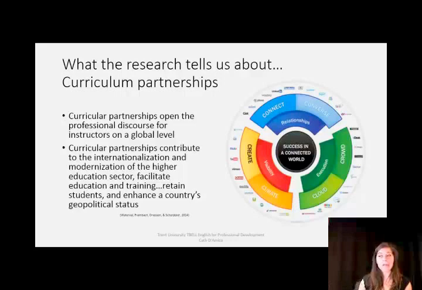Students are happy when they feel like they have opportunities and they have a variety of options in terms of how they learn. So it helps to retain students, it helps to enhance your university, it helps to enhance the geopolitical status of your country, making you a partner around the world with other institutions. So again, we're disrupting the status quo, we're trying to move things to a different level.